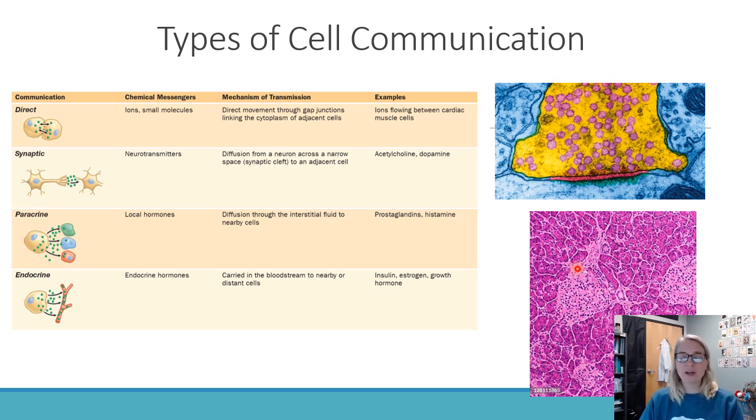These are what's called pancreatic islets, and they're what release the hormone insulin into our bloodstream to help regulate our blood sugar. So we're going to be talking about that a little bit later. So this would be the endocrine portion of the pancreas. The reason why is because it releases its hormone into the bloodstream.